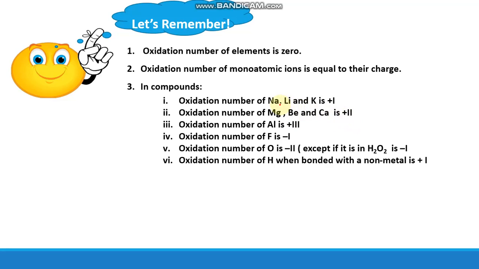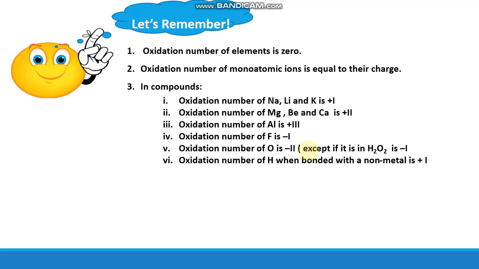Note that Na, Li, and K are in group 1, while Mg, Be, and Ca are in group 2. That's why their oxidation number is equal to +2. Al is in group 3, so it's +3. The oxidation number of F is -1. The oxidation number of oxygen O is -2